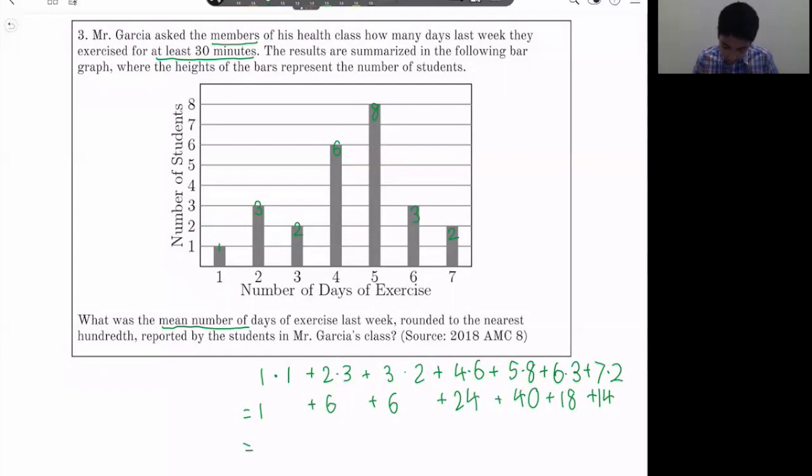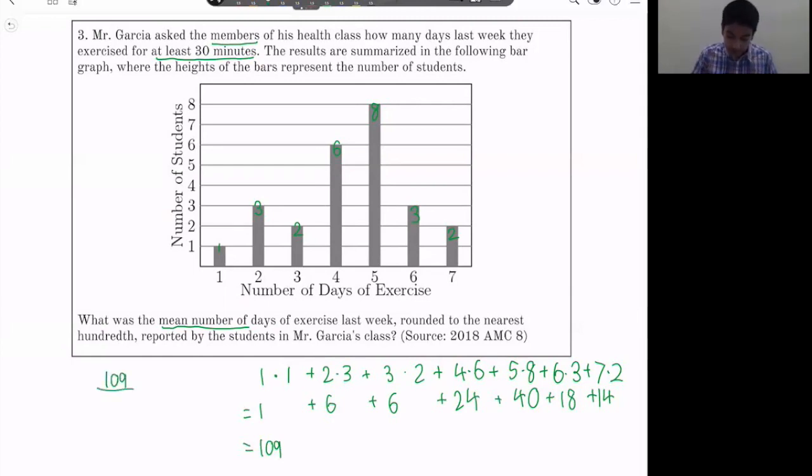So we have the sum is 13 till here, 37 till, and then after 37, we get 87, and then we add 18, so if we add 18, we get a value of 105, and 105 plus 14 is 119. And let's just double check and add the other way, just to make sure it's correct. So 18 plus 14 is 32, 32 plus 40 is 72, 72 plus 24 is 96, 96 plus 13 is 109, so it's 109. So that's why it's good to double check both ways, just to make sure you didn't make an addition mistake. So 109 is the total sum,